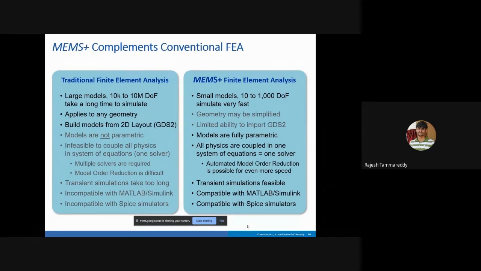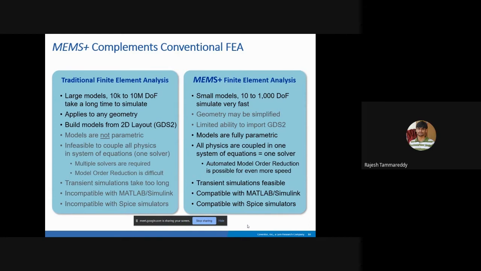simulations take time. If you are doing transient simulations, let us say, what is transient simulation? It's a dynamic simulation where the input is with respect to time and the output that you see is also with respect to time. So these simulations take quite a huge time. Sometimes it runs for days together to finish the simulations for complex models. But if you are doing the same model in MEMS Plus, it runs much faster compared to your FEA models. So it is much more feasible here.